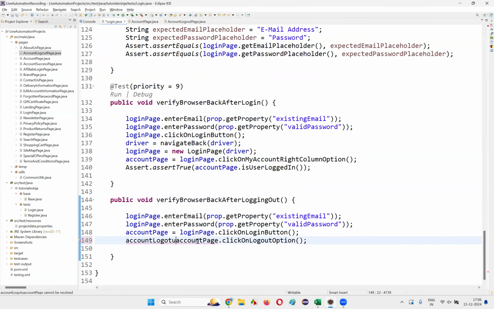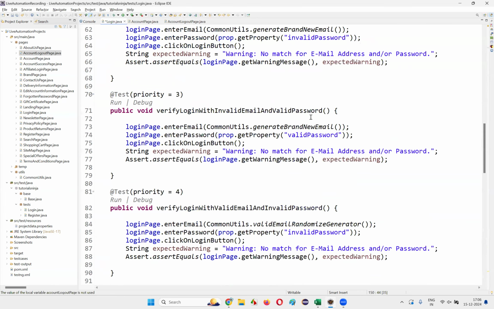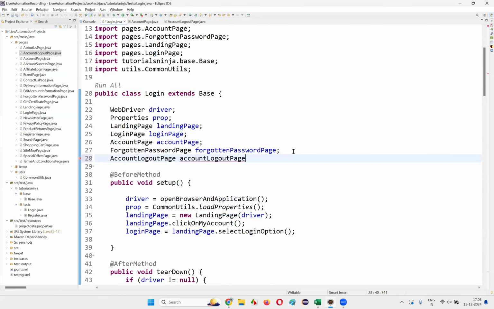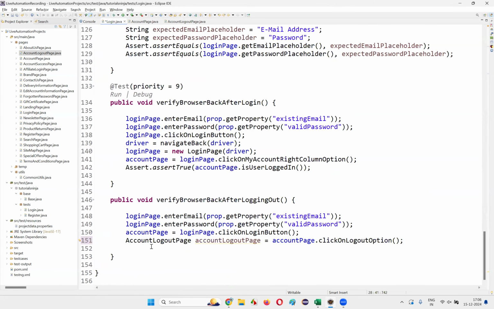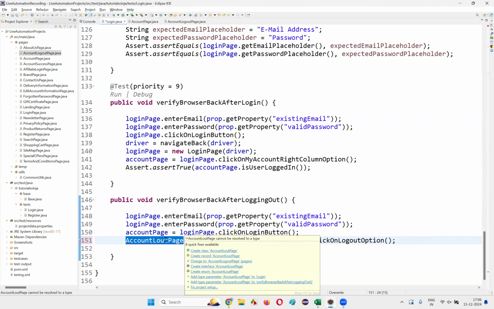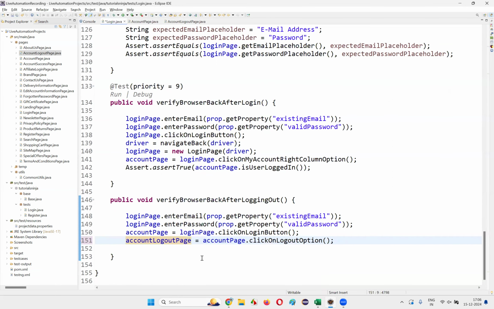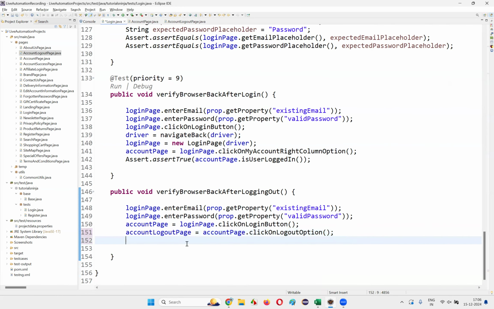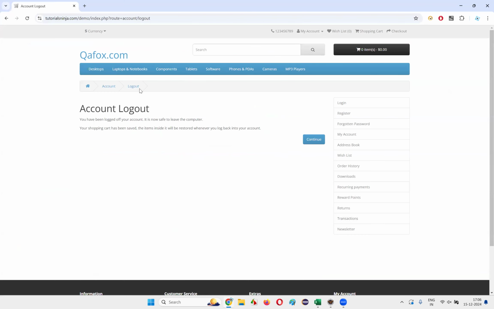AccountLogoutPage is equal to, okay, declare it using the return type. Copy this and take it to the global level. Take it to the global level and paste it here. Put a semicolon here and remove the double declaration here. Remove the double declaration, and simply on the account logout page,